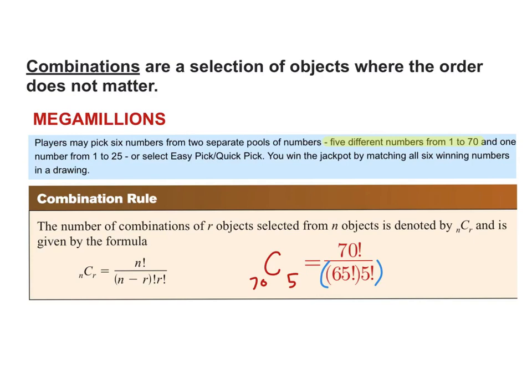Since it's doing that, what I'm going to do here is eliminate some of these numbers. I'm going to make this 70 times 69 times 68 times 67 times 66, and then the 65 factorial is going to cancel out with it, kind of how we did the other one. Try that now. So 12,103,014. That's how many possibilities there are in the 5 numbers that you select, which by itself doesn't seem